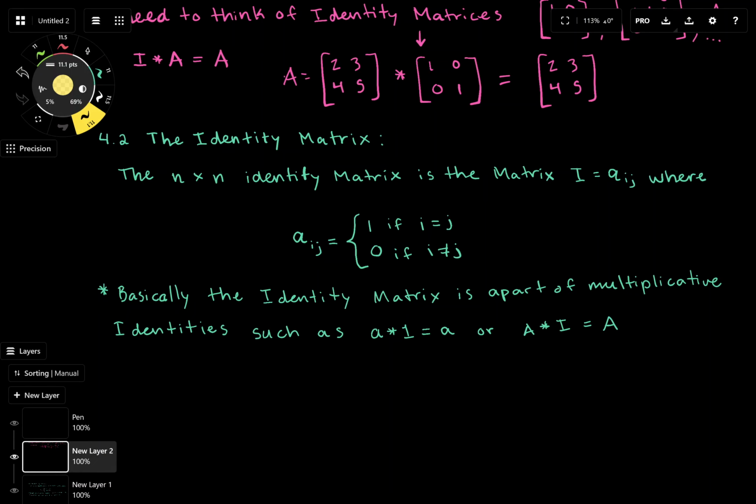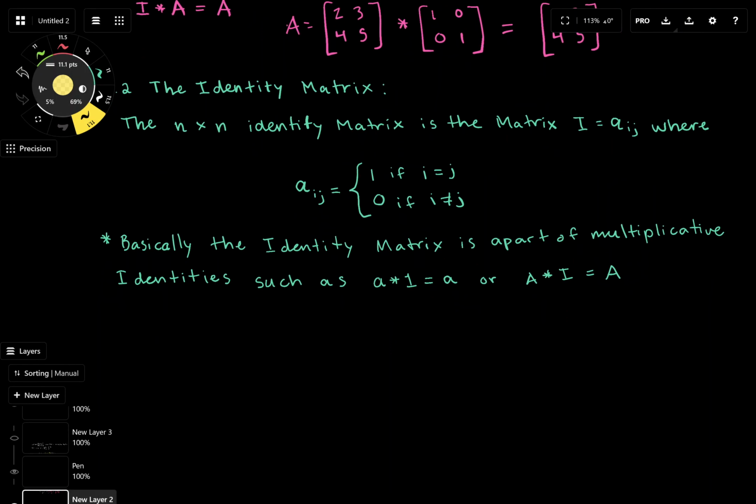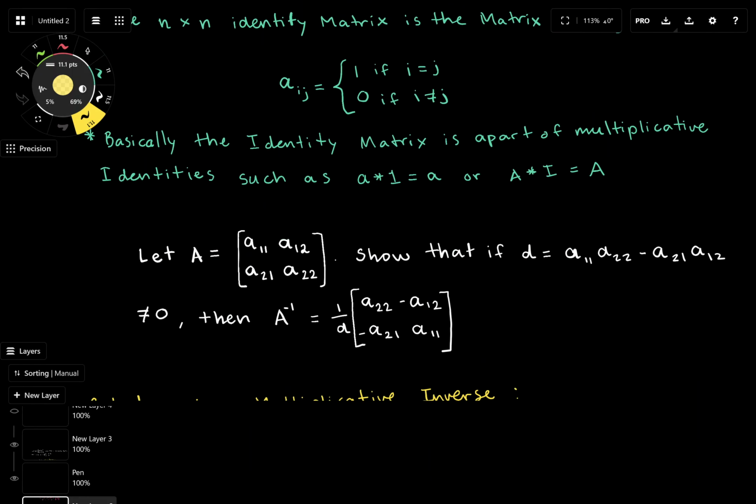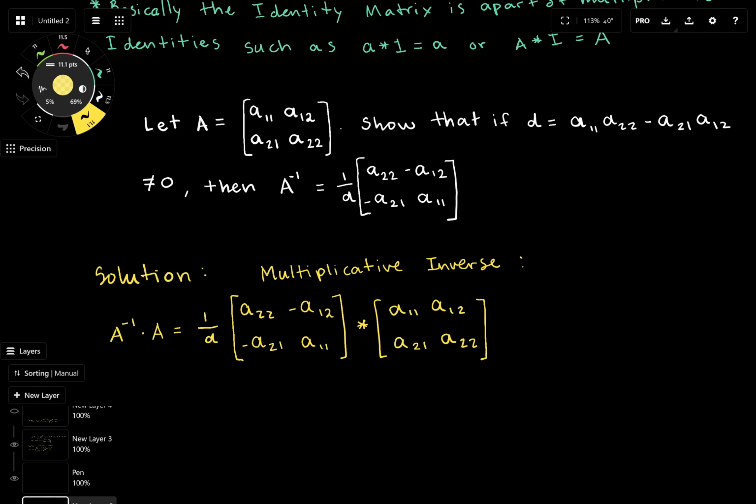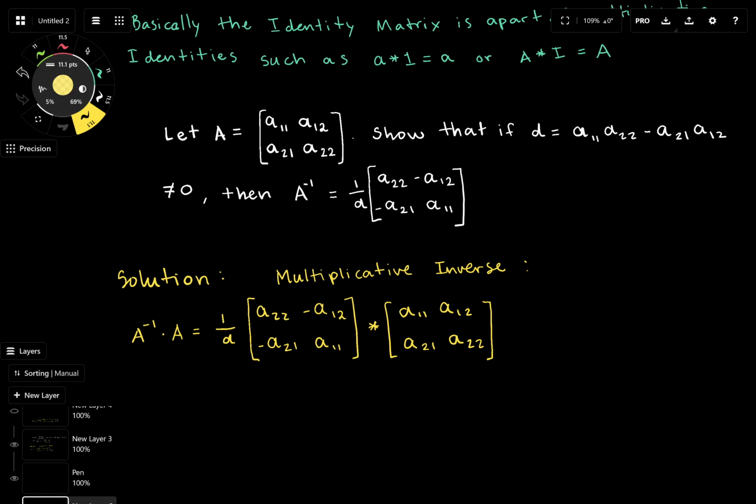And approaching our problem for question number 3, basically you have to look at the identity, and the inverse of the identity. So for my solution, you start with the multiplicative inverse, which is basically the inverse of A times A, which comes out to